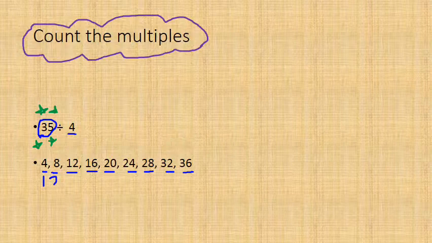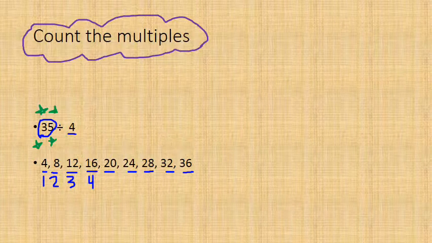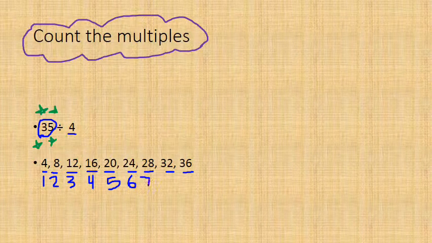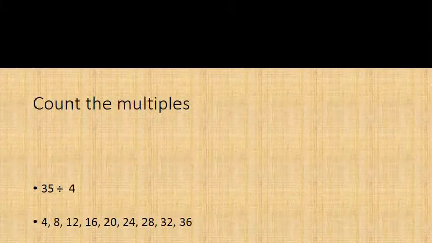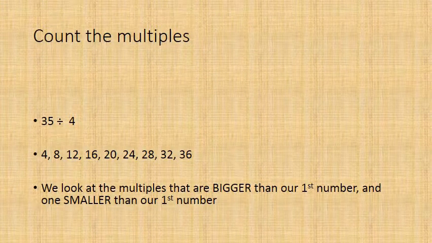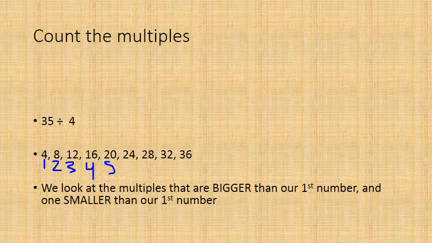I can see here that I counted 4 one time, 2 times, 3 times, 4 times, 5 times, you get the idea, 6 times, 7 times, 8 times, 9 times. Now that we've counted our multiple 1, 2, 3, 4, 5, 6, 7, 8, 9 times,